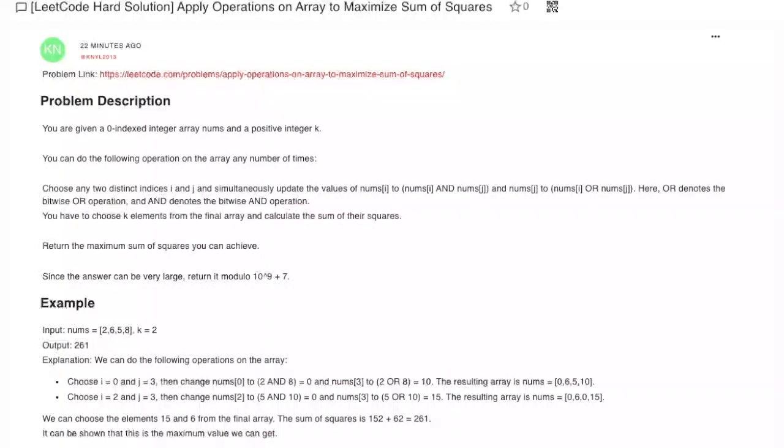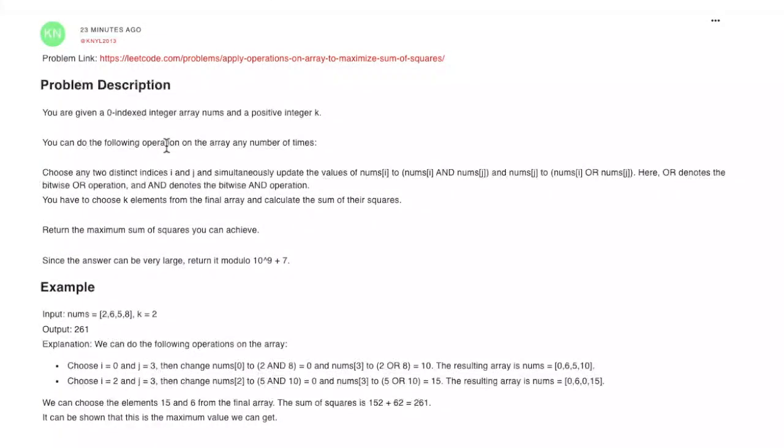Today let's quickly go through this problem. So in this problem you are given an integer array nums and a positive integer k, and you can do the following operation on the array any number of times. So you can choose two distinct indexes i and j and simultaneously update values of nums[i] to nums[i] AND nums[j],